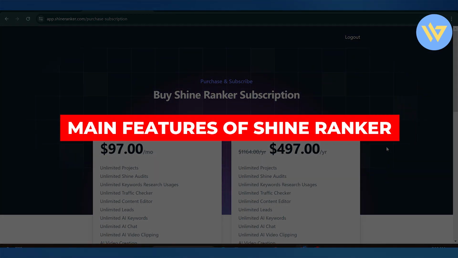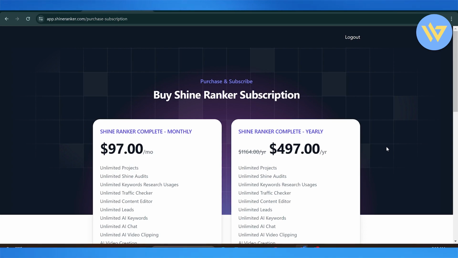What are the main features of Shine Ranker? So, guys, Shine Ranker is an SEO tool that's designed to help businesses and individuals optimize their websites for better search engine performance. You can see as I've logged in and signed up, basically, Shine Ranker is not free to